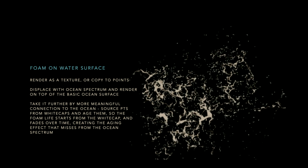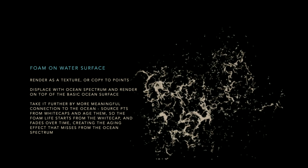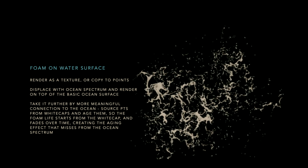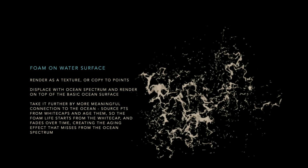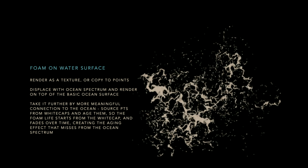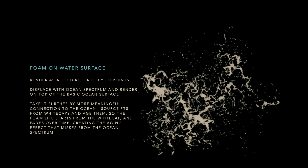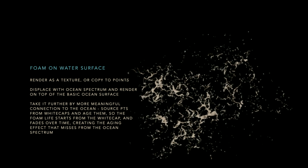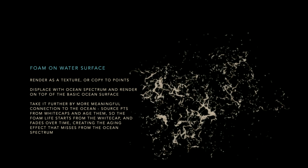We had to do... I don't think we managed. There was something in the ocean shader that we reverse engineered, but eventually it didn't completely work. Yes, because in the ocean shader, the point is actually changing the color of the ocean. So this didn't really work for us. So we made another geometry basically that has all of these copies, and then it's getting displaced, and it is getting opacity cut. Nowadays in Karma, we are still developing how this thing would happen, but with the ocean procedural,